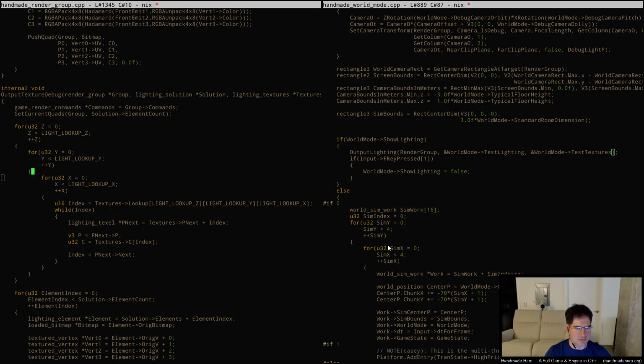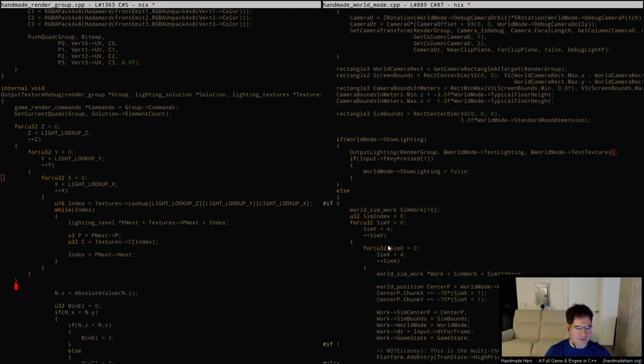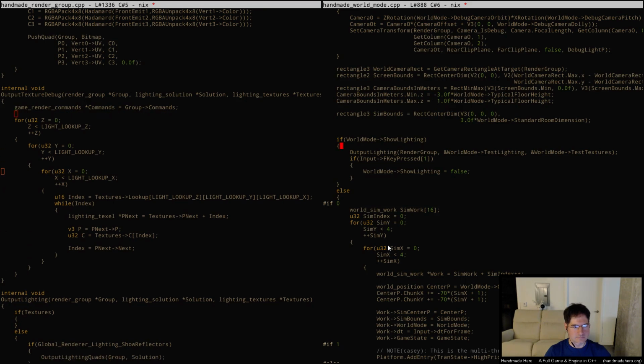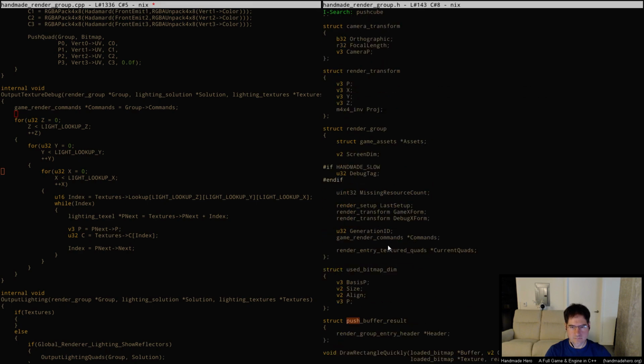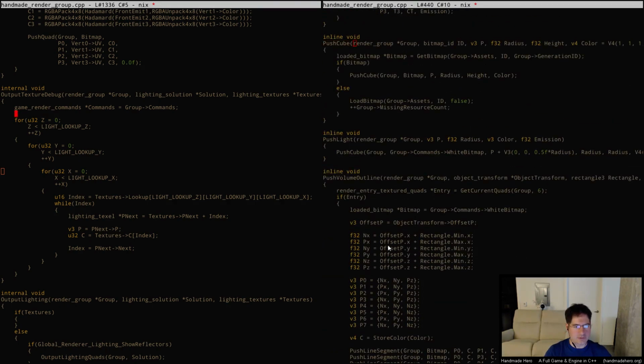In fact, maybe that's what we'll do. Since we don't have normals anymore, right, at this point, maybe that's exactly what we'll do. Let me see what our options are for doing something like push cube. So push cube